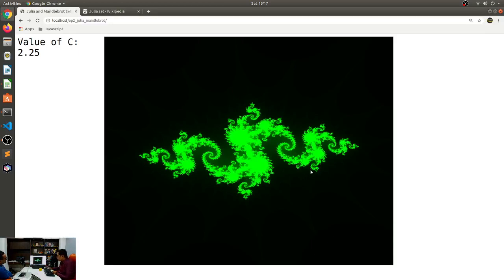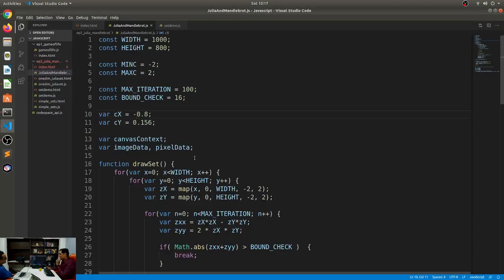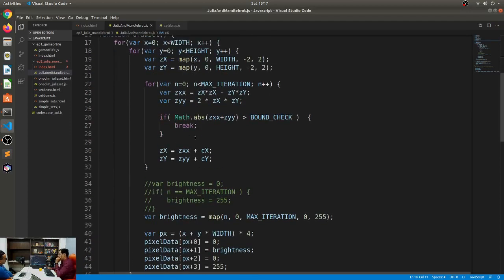Each one of these tiny structures over here is actually a fractal of which the overall is the same. Now the only difference between this and the Mandelbrot set is that at the end of every calculation over here, z becomes c. Essentially, the value of c is added back to z.